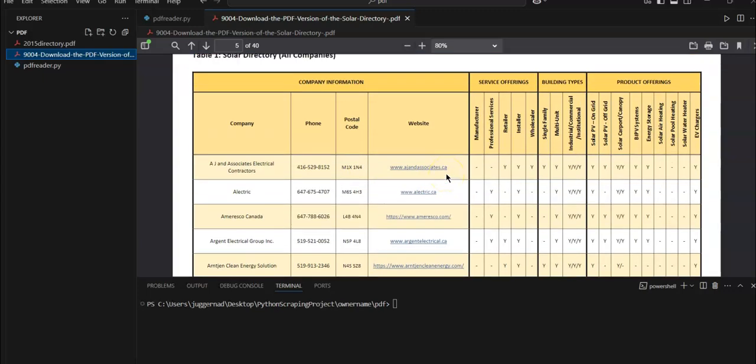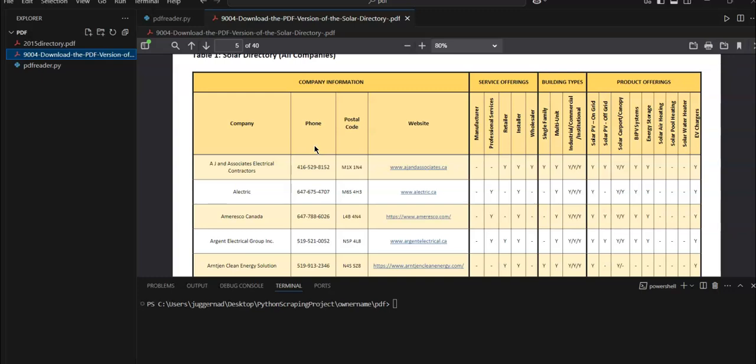I don't know if there's an application that you can use to do this, but I've created my own application that can be used to get this kind of data